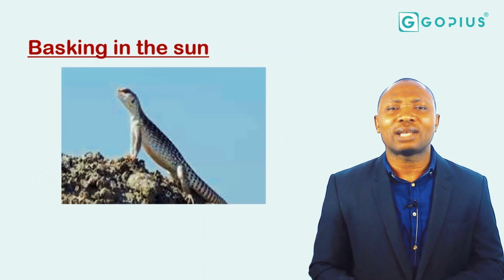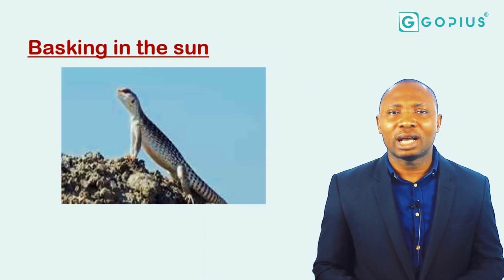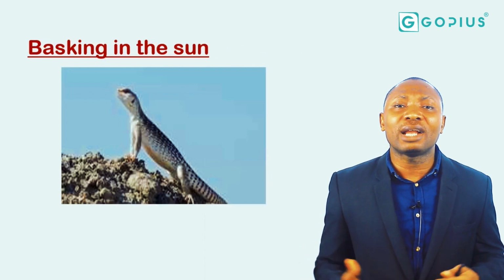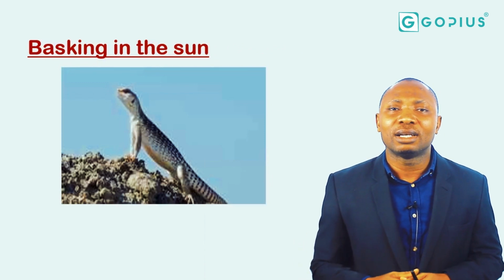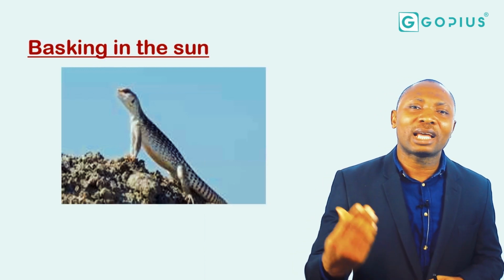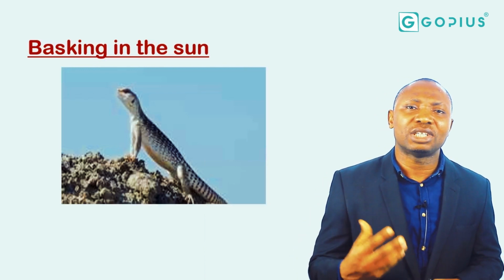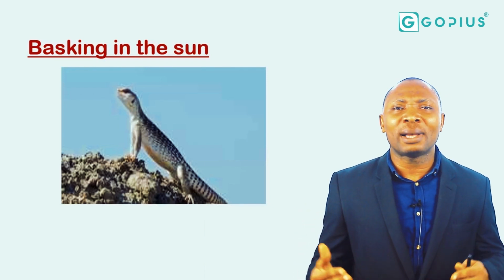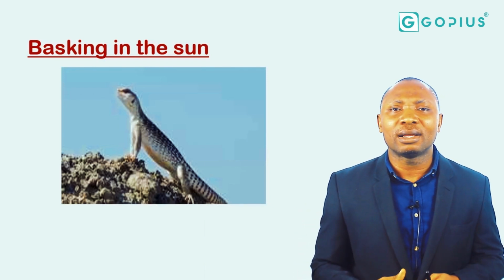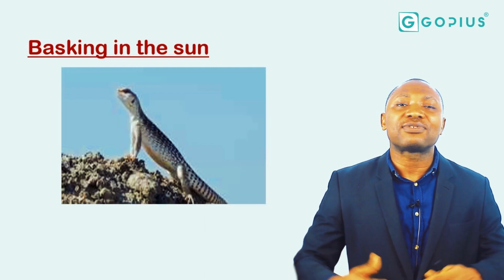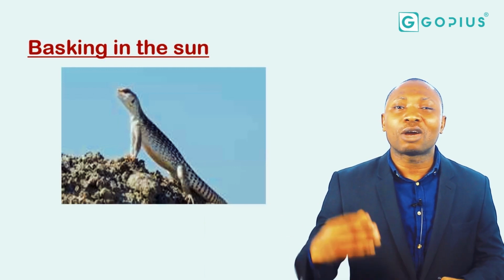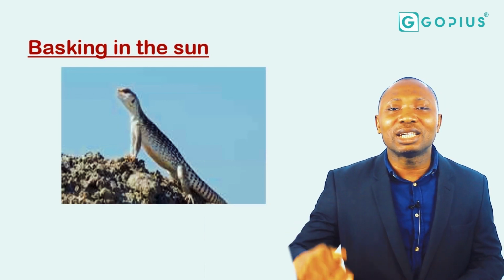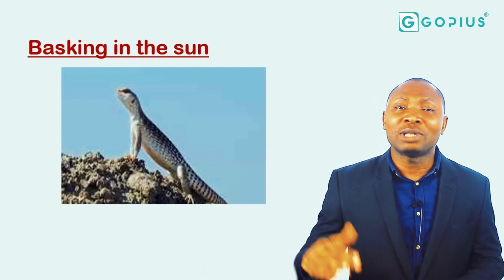We now look at another aspect under adaptation, which is basking in the sun. Basking in the sun is usually carried out by reptiles. To be precise, it can be carried out by the red agama lizard or lizards generally. What do I mean by basking in the sun? What I mean by basking in the sun is a situation whereby a reptile bathes in the sun because it's a cold-blooded animal. It needs the presence of the sun to increase its metabolism, because without the increase of its